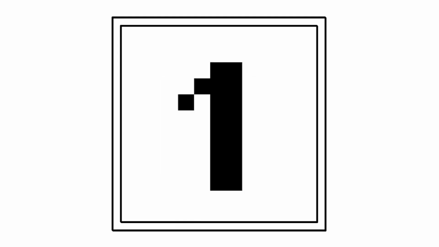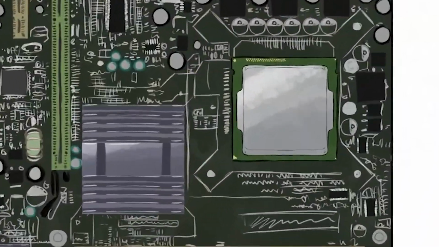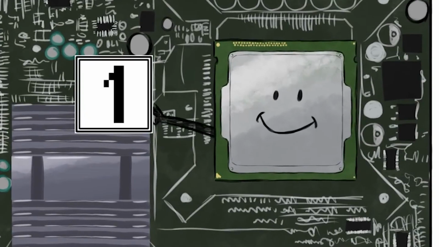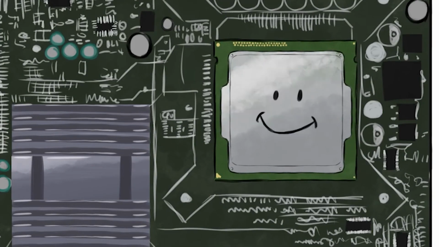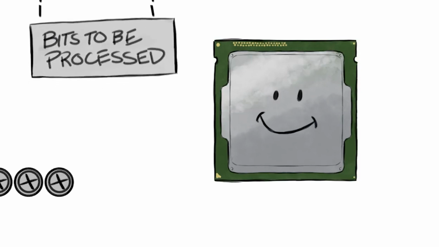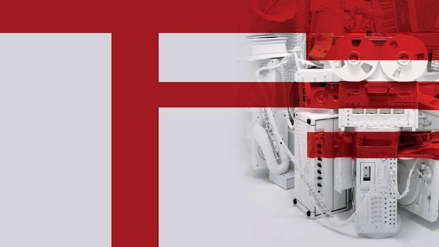Each of these is stored in a memory cell that can switch between 2 states for 2 possible values, 0 and 1. Files and programs consist of millions of these bits, all processed in the Central Processing Unit, or CPU, that acts as the computer's brain. And as the number of bits needing to be processed grows exponentially, computer designers face a constant struggle between size,